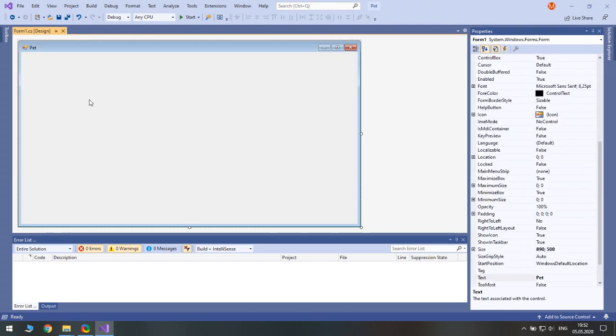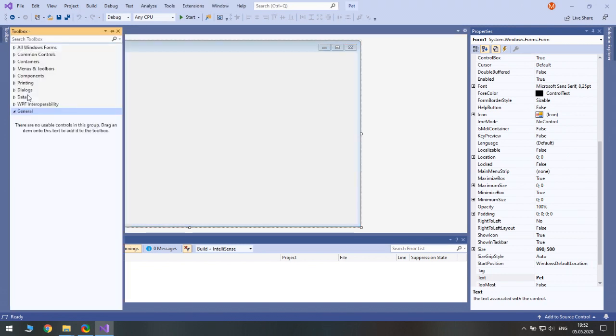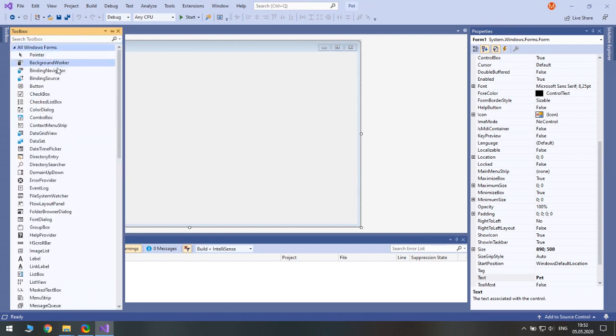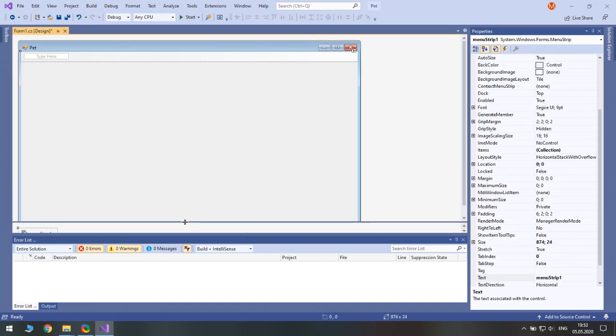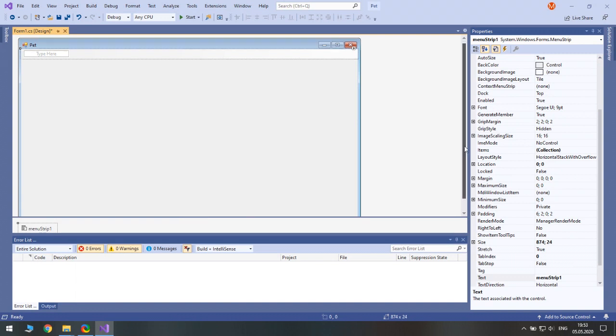Now, as for design, I think we will have also a panel here for exit and restart. Yeah. So I will use, what will I use? I will use menu strip. Okay. Good.